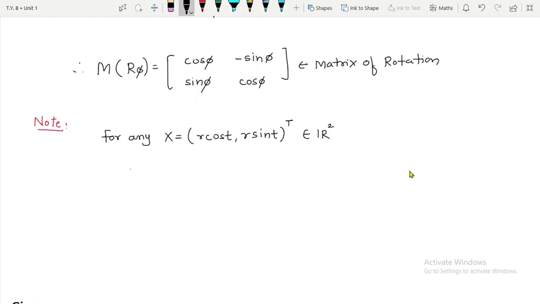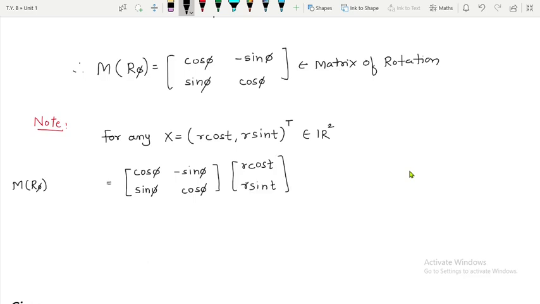This matrix, cos phi, minus sin phi, sin phi and cos phi, multiplied by this r cos t and r sin t. So actually what we are doing, we are finding M of r phi x, isn't it? So now this is equal to, if you take the product, it will be r cos phi